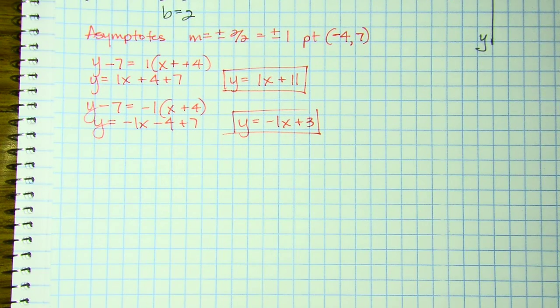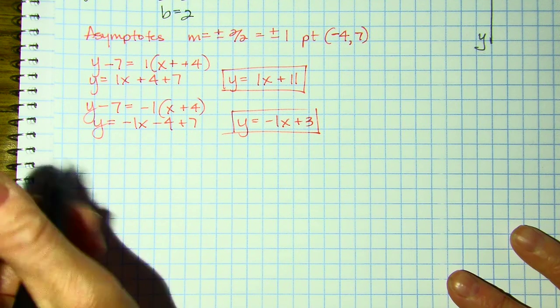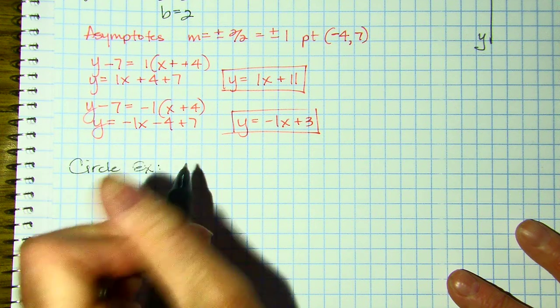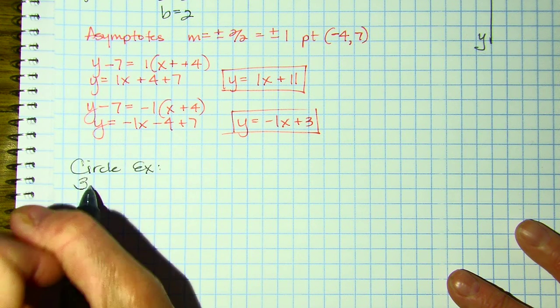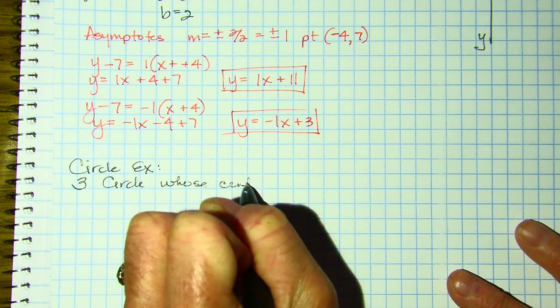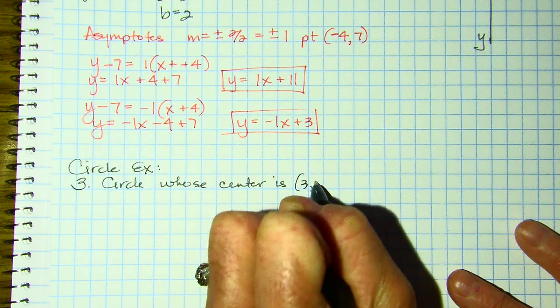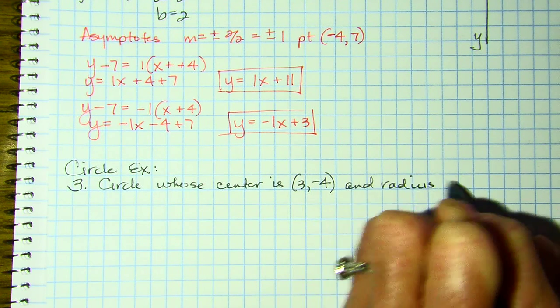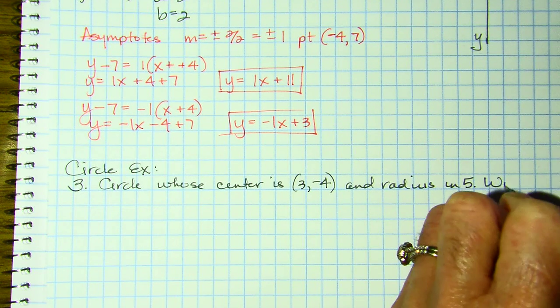So it's a lot of work. Hopefully you at least look at my notes before asking me how to do this. Notice we didn't go over circles. Circles should be review. I'll do one problem. So number 3, a circle whose center is 3, -4, and radius is 5. Write the equation